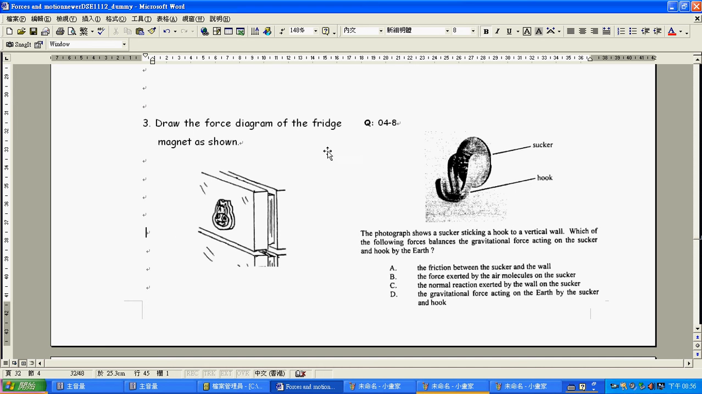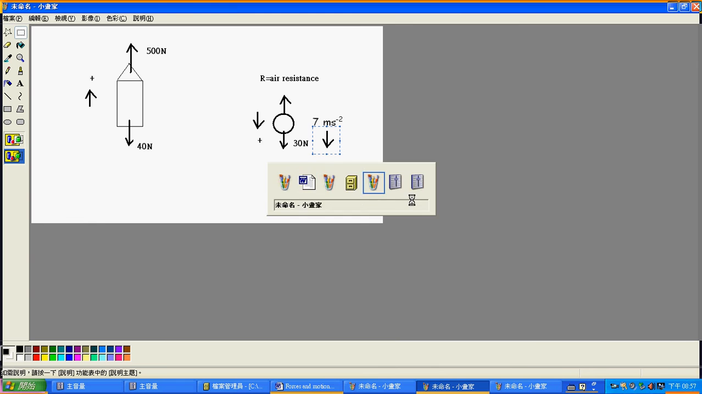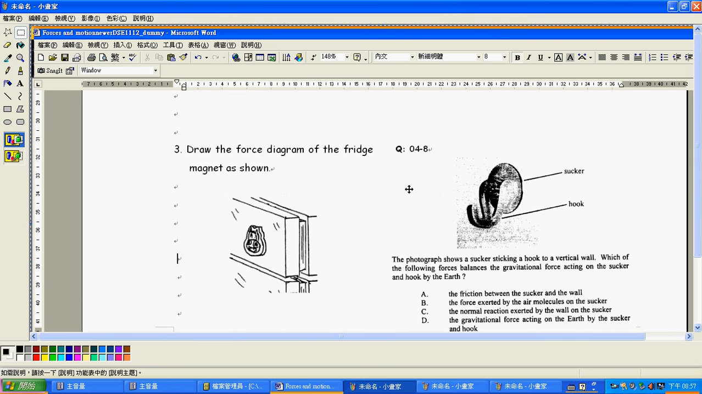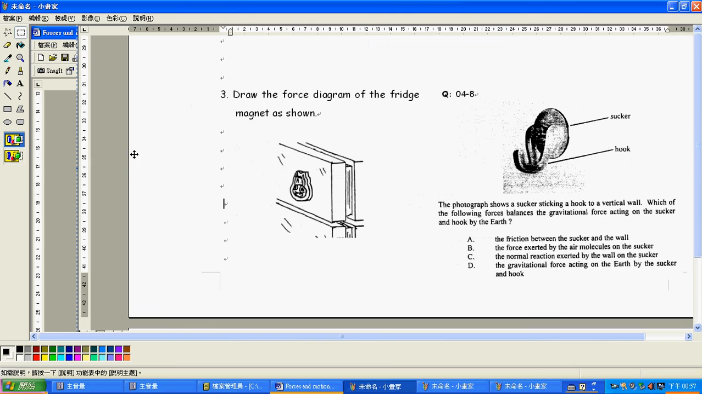Now we come to another example. This is 04-8. The photograph shows a sucker sticking a hook to the brick wall. Which of the following forces balance the gravitational force acting on the sucker and the hook by the earth? Simple. It's almost the same as the previous question. So let me capture the screen. Alright, so